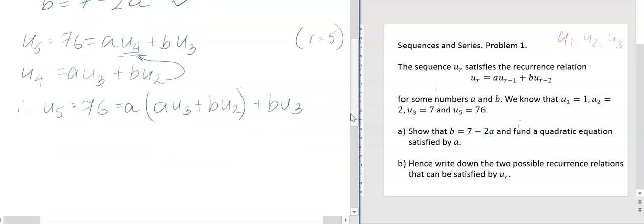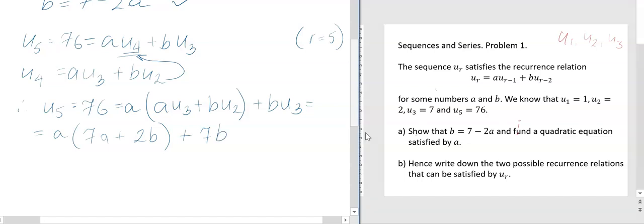Right, so now we can see that all of the u's can definitely be replaced by numbers. So you could open the brackets now and then substitute the numbers, or you could leave the expression as it is and plug the U2 and the U3 in this expression. Let's do that. That's the same as A times (7A plus 2B), right? Remember that U2 equals 2, plus 7B.